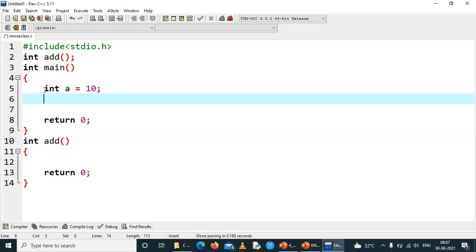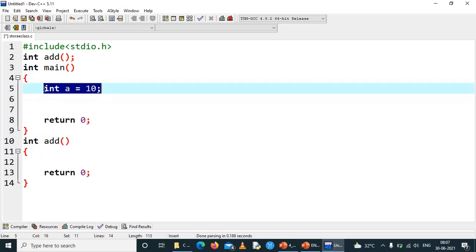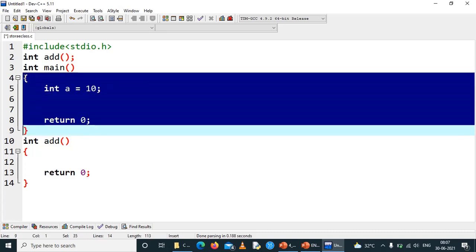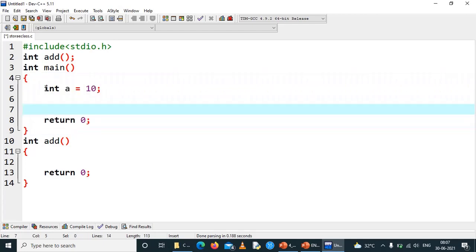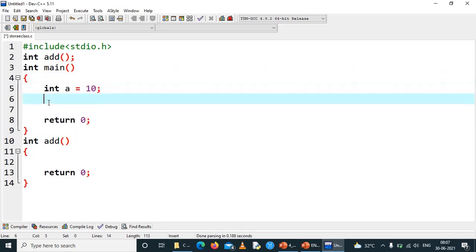This is an auto variable, a local variable. This is the block where a is created, so it can be accessed only within this block alone, and once the control comes out, this variable will be deleted.